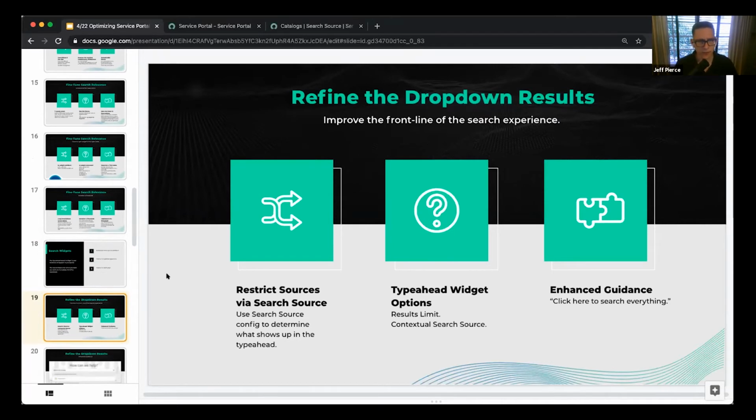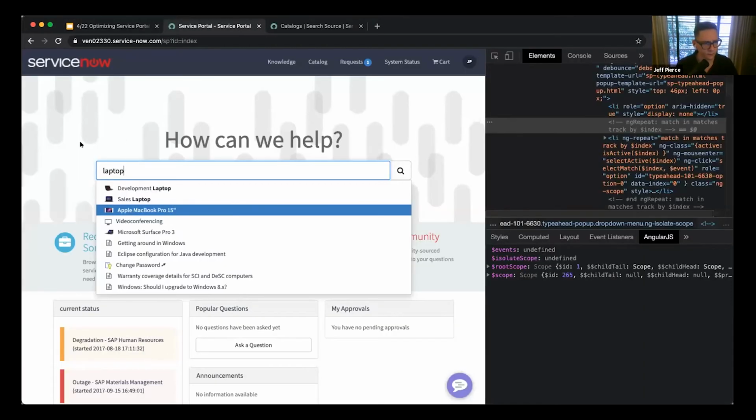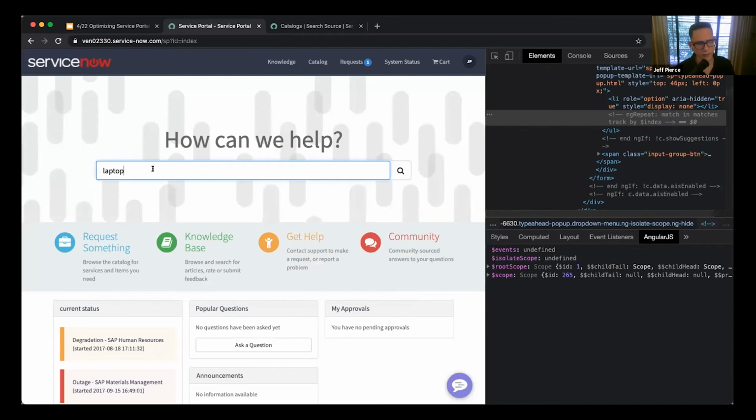So think about here. Let's just go over here. If this is, like I said, our front line of support, how can we help? And they're going to type in here, and we, sorry, I get a lot of ideas and I get sidetracked. Let's stay focused. We want to be able to